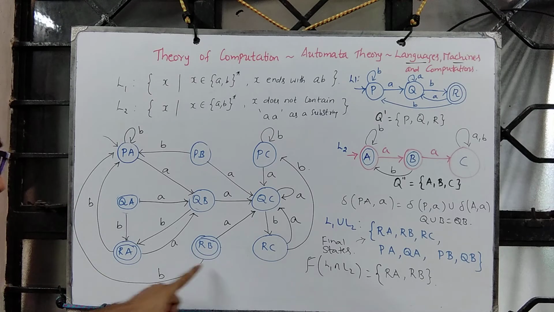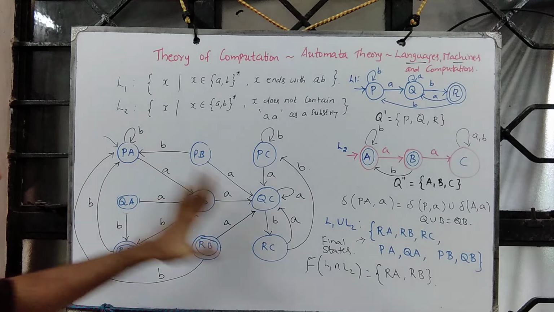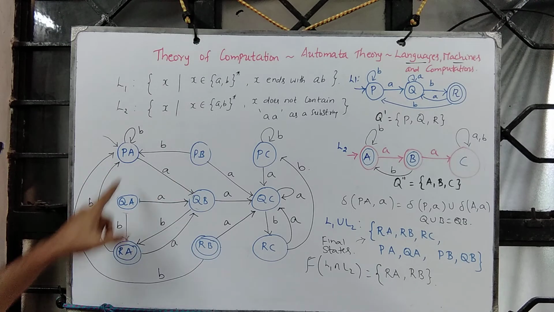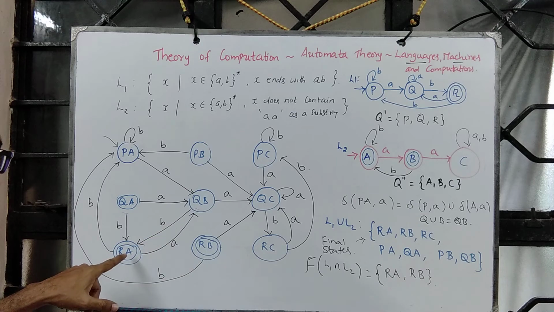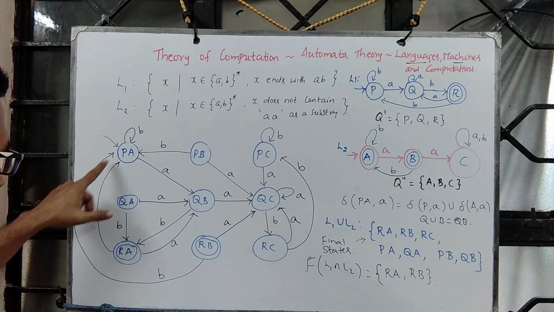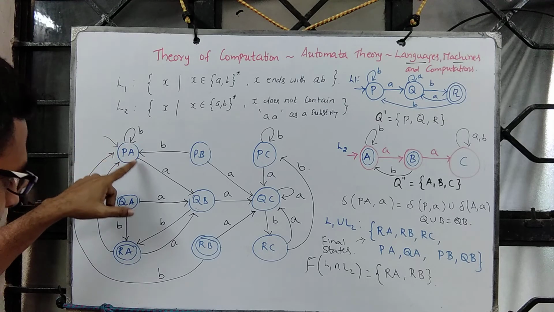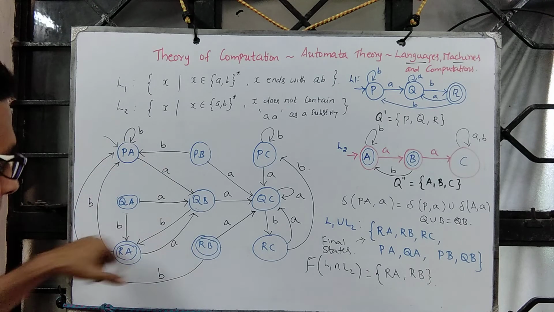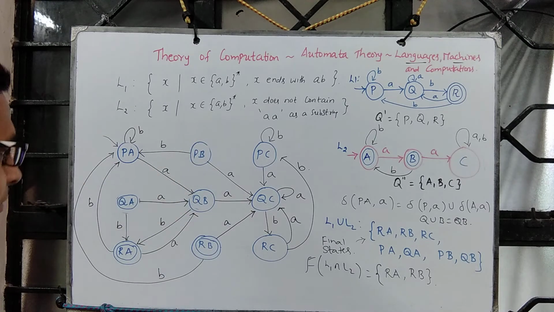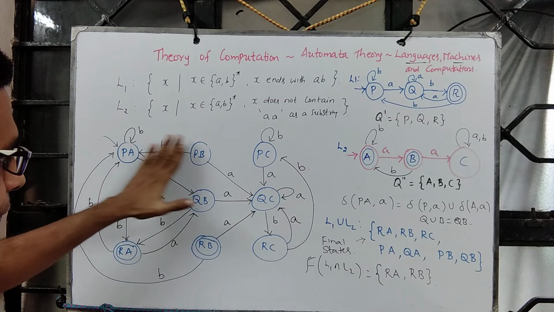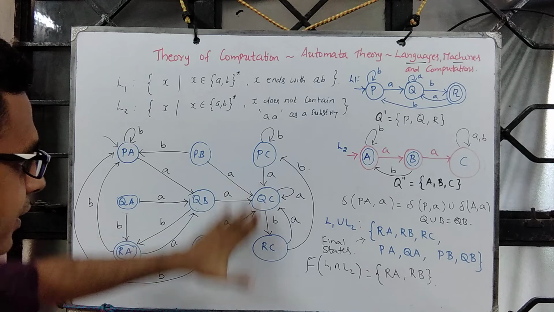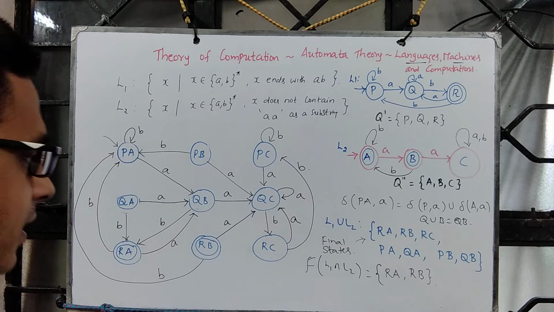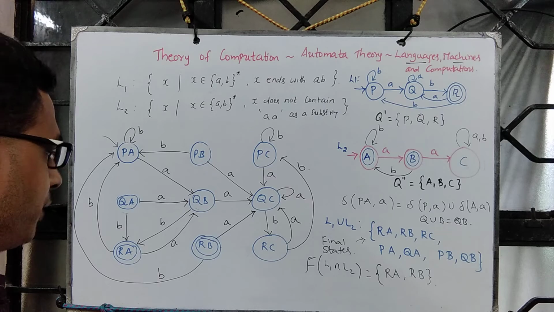In this, RA and RB are final states and the rest of them are non-final states, which means you read A and then a B, you see that it ends with AB, and suppose you go up, continue to read some more B's, we are forced to read AB again to get it accepted, and that will not have AA as a substring, it will only have A in it. Fine. But if you traverse and then you land in any of these, you get to see that they will not be accepted by the automaton.